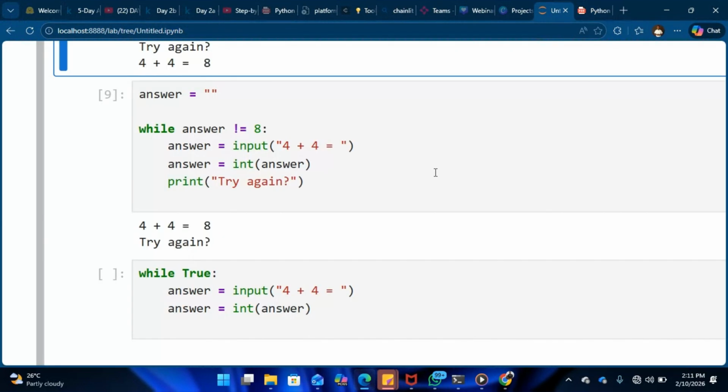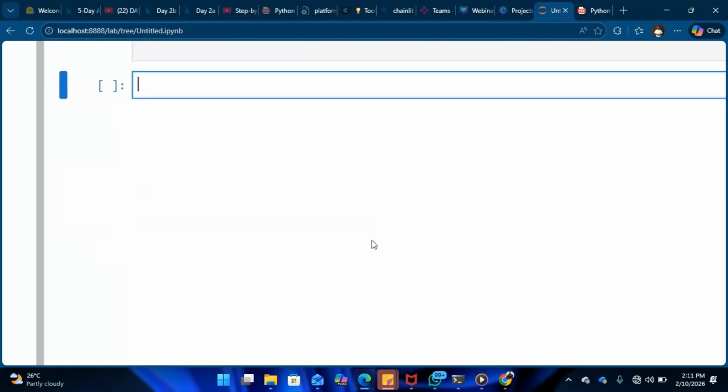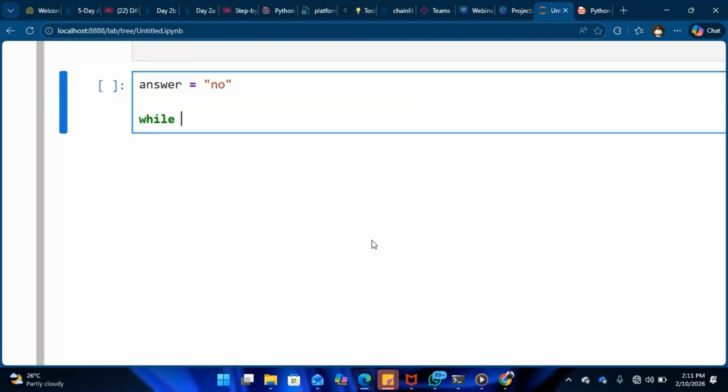Let's see that at work. So let's just call this answer. Let's leave it as blank, or you can call it no. Then we can have while answer is equal to no, right? While answer is equal to no,